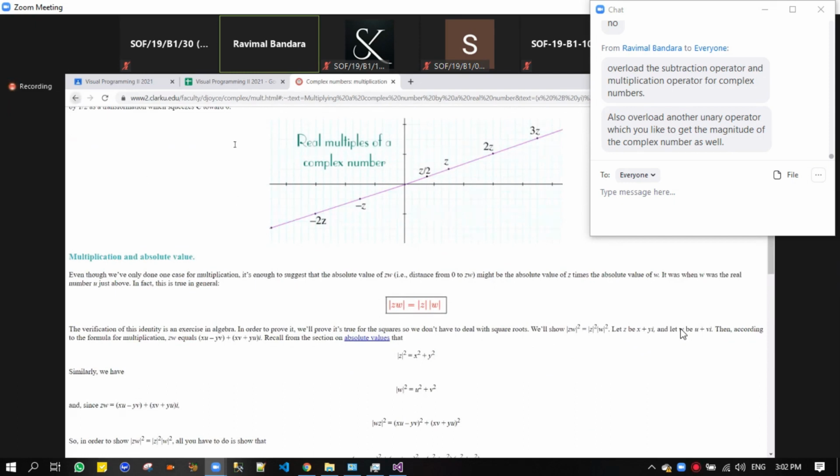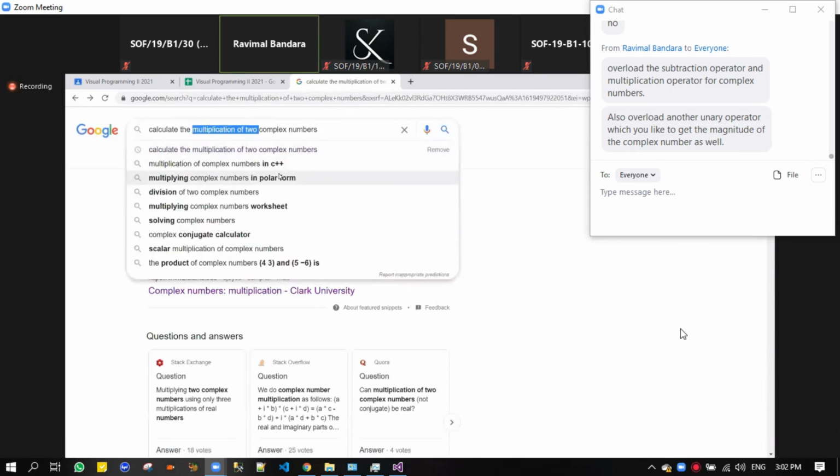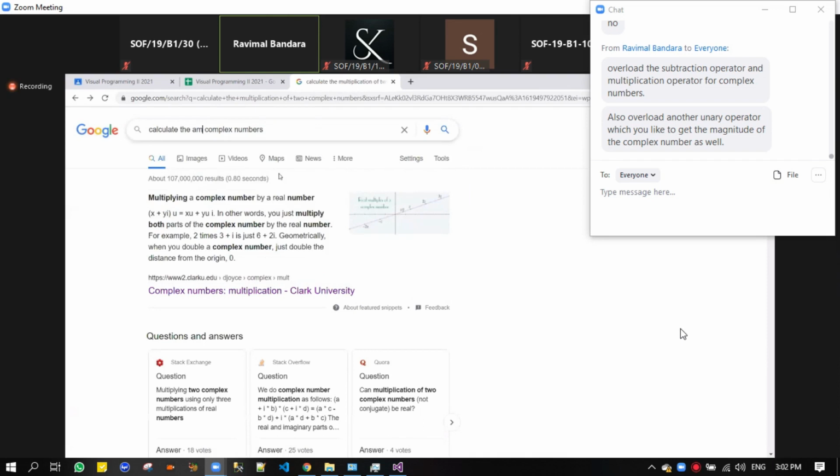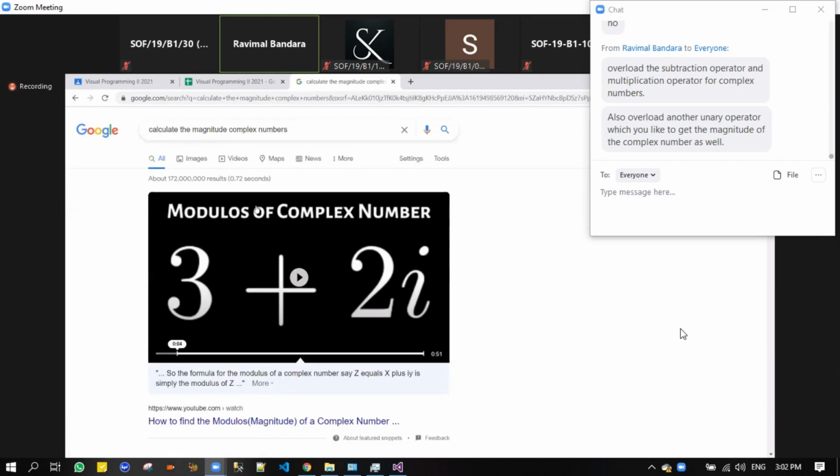And then the other one is, how do you get the, we actually call it modulus, right? You can use a modulus, right?